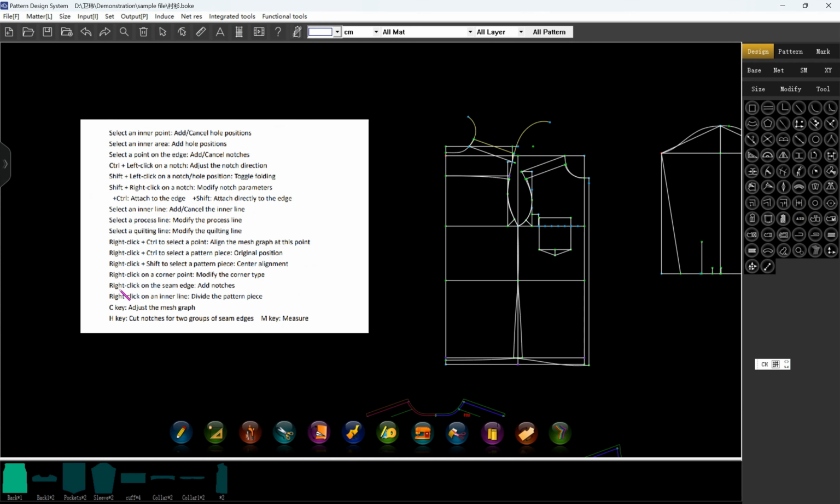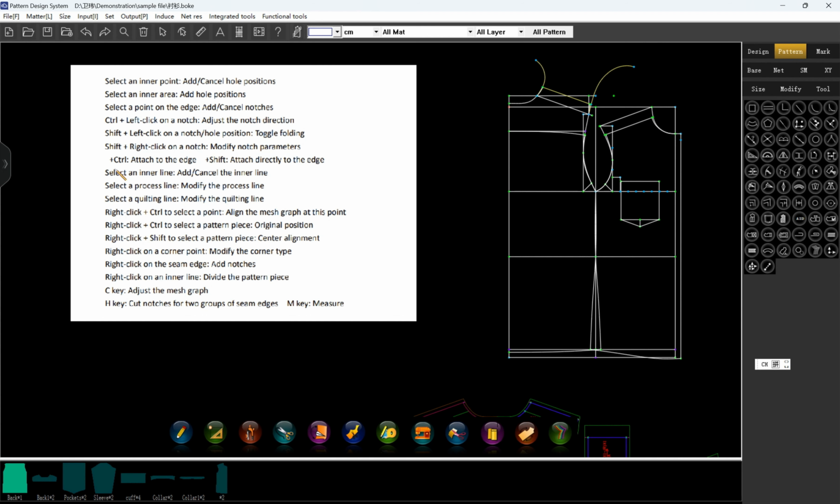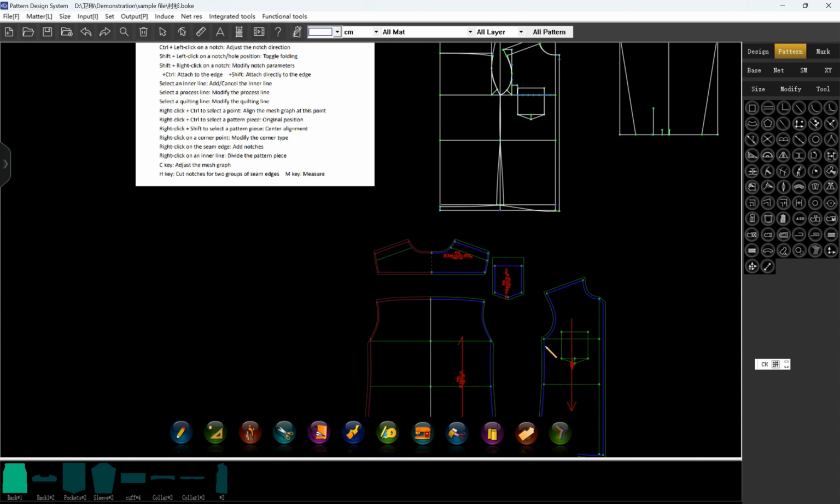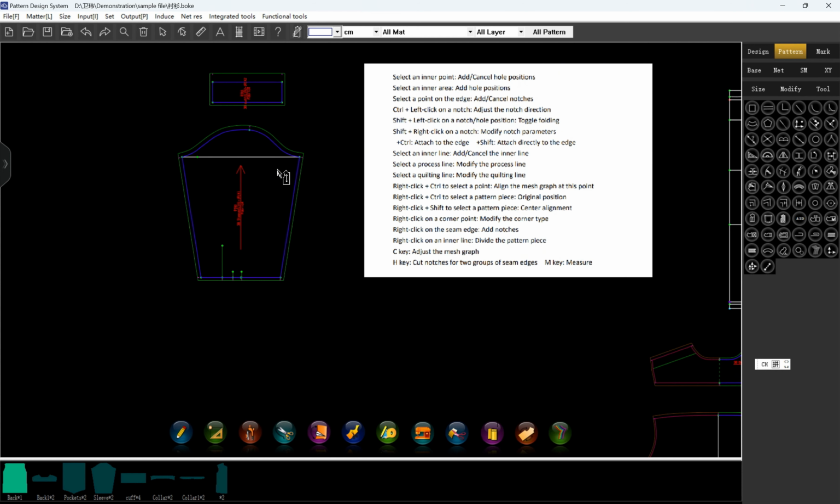Let's continue the pattern mode. Firstly, we check this in the pattern mode. Press Ctrl and click the edge to attach the edge. First, we select a pattern. Select this pattern, and if you want to attach to the edge in the pattern mode, press the Ctrl